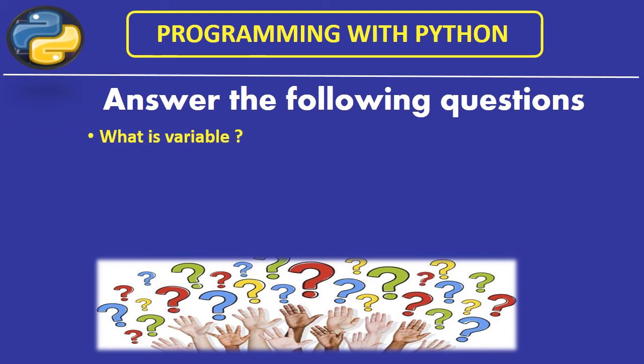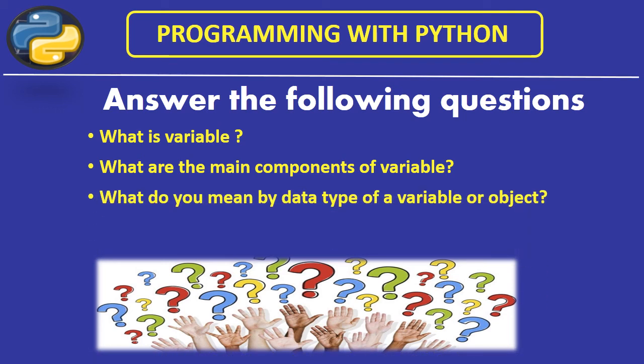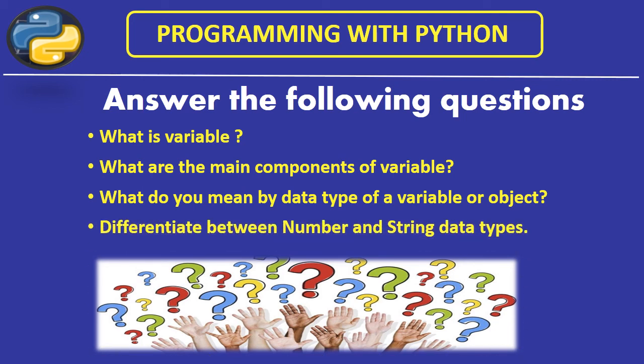Here are some questions for you related to the topic. The first, what is a variable? You have to define it. The second is, what are the main components of a variable? I have already discussed this in the topic. What do you mean by data types of a variable or object? And the last one, differentiate between number and string data types. So you all have to write answers to these questions in your notebook, and in the next lecture I will be exploring these